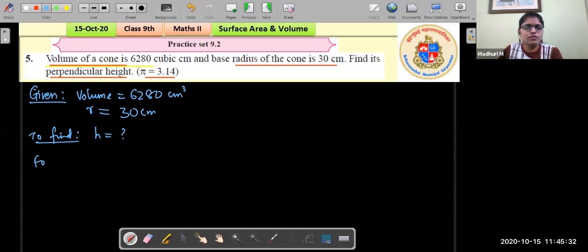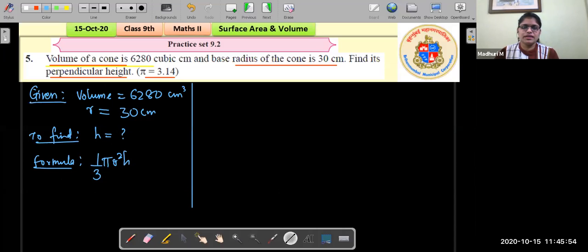And what will be the formula that we use here? We use the formula of volume straight away, because we are just asked to find the height, right? So the formula will be the volume of cone, that is 1/3 pi r squared h, right, students? This is just one formula that we use, and we will get height. So no roadmap, only one step. You get the answer in a single step. Let us start with the solution.